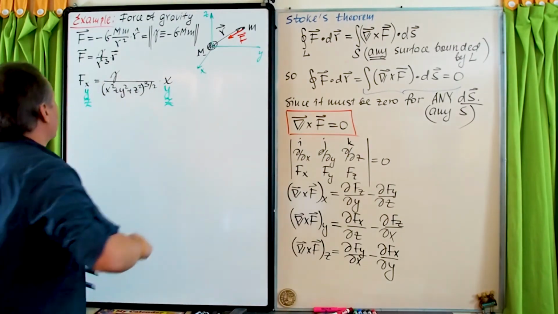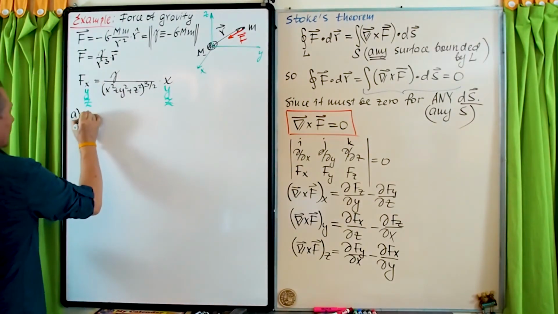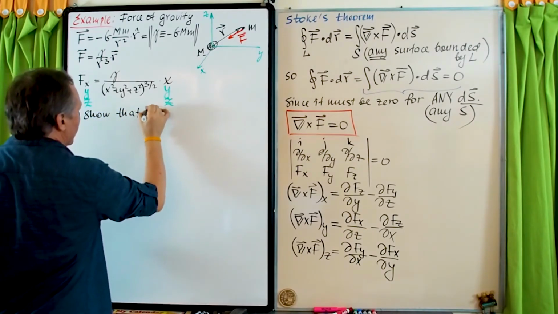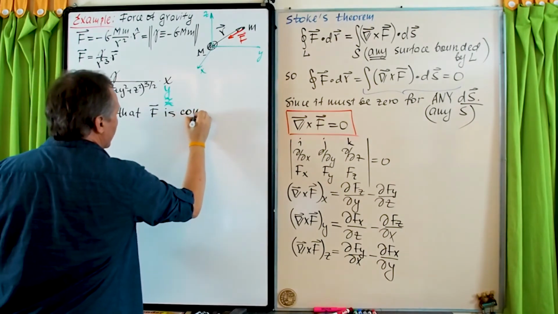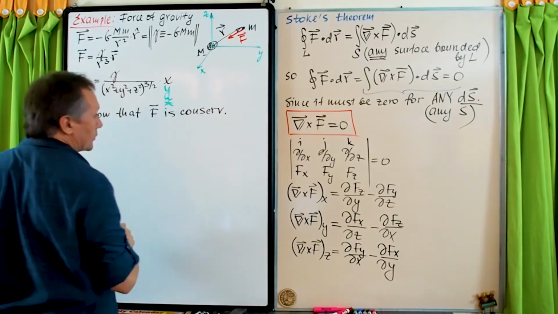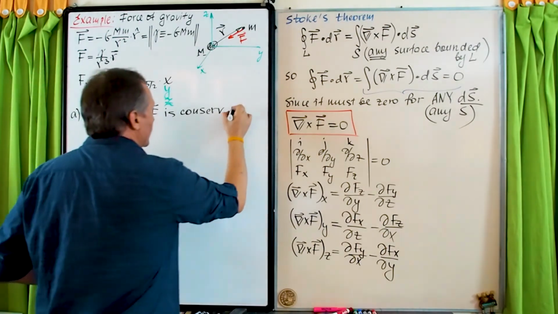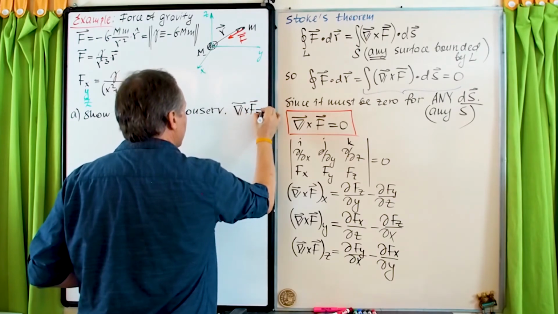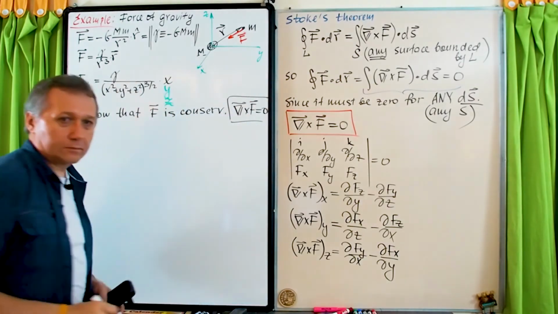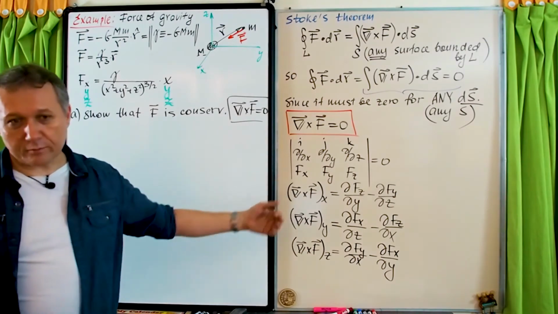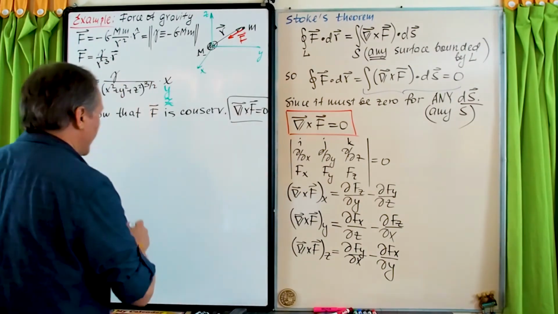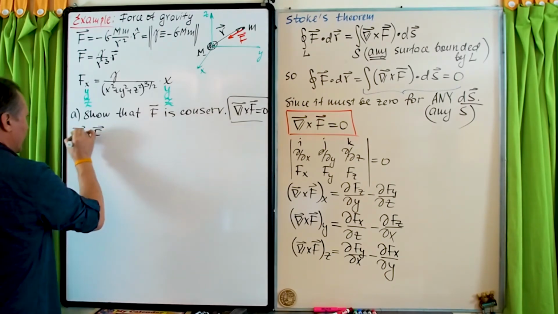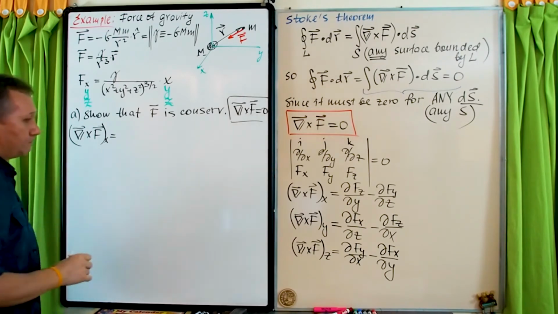And so first part A, show that F is conservative. F is conservative as a first step. Right. So we just need to, of course, look at the curl. Curl of F must be equal to 0. Components, that's why I wrote them. So let's just look at the first component. So curl of F x component equals,